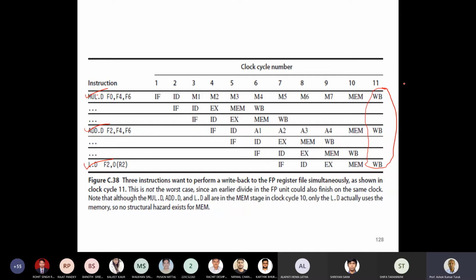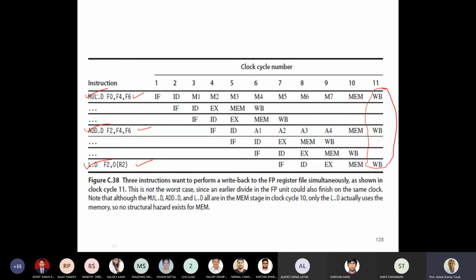When multiple instructions want to write, there has to be some mechanism to order the writes. We know that the writing should take place in the same order as when you execute the instructions sequentially. So the write of this should take place first, then followed by the write of this. It should be in the same sequence. So there are multiple writes. Now let's look at one more problem.